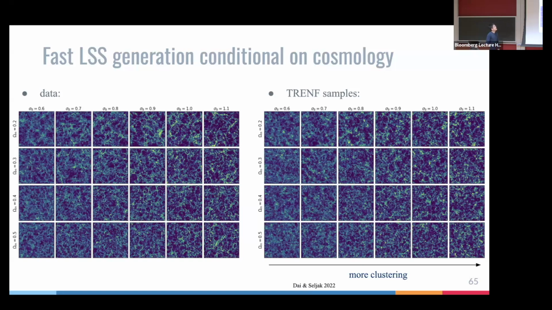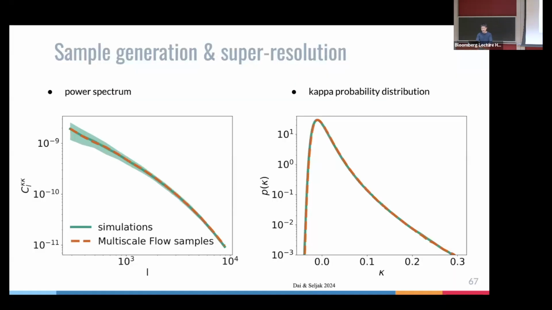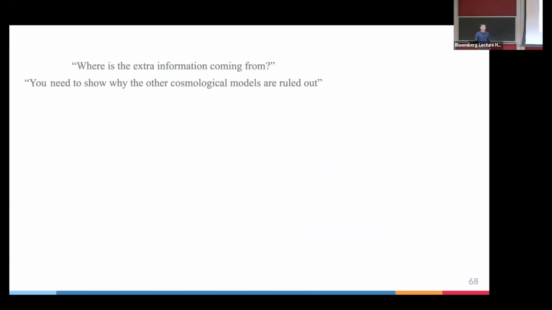Okay, I also want to talk about interpretability. The generative model is like a parameterized probability distribution. You can sample from this distribution, which gives you samples of new data with similar properties as your simulations. We verify that our samples have pretty consistent summary statistics compared to the simulations. They look pretty realistic. So one thing we can do with these samples is we can use them to answer